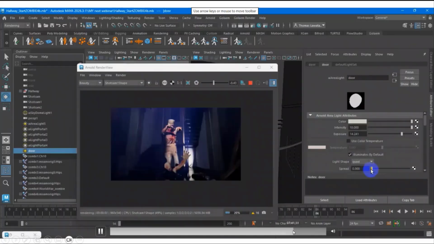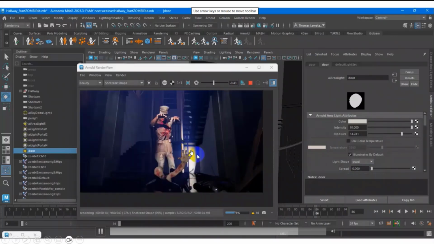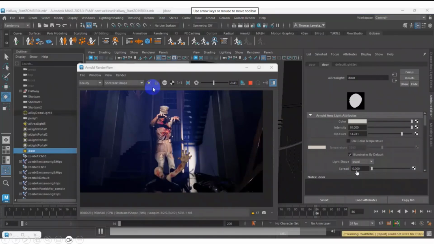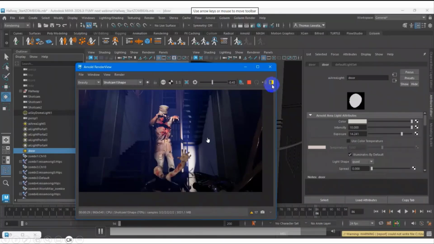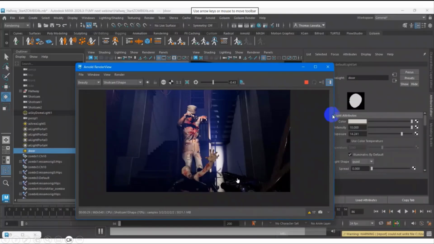Okay, so I adjust until it looks normal. I don't want any shape in the lighting, so that's why I adjust the spread. Sometimes, I think the 0 0 spread means it is square, so we need to adjust. We can put a number here to get the sides more blurred. Something like that.